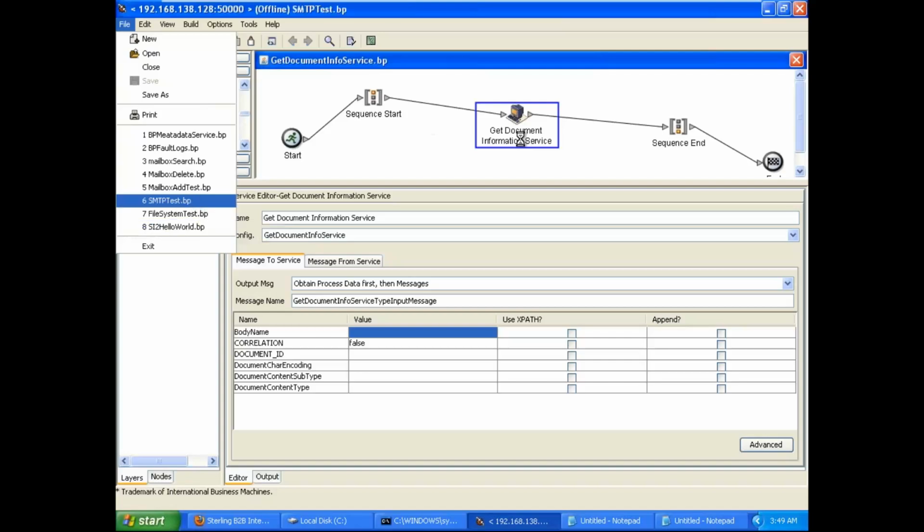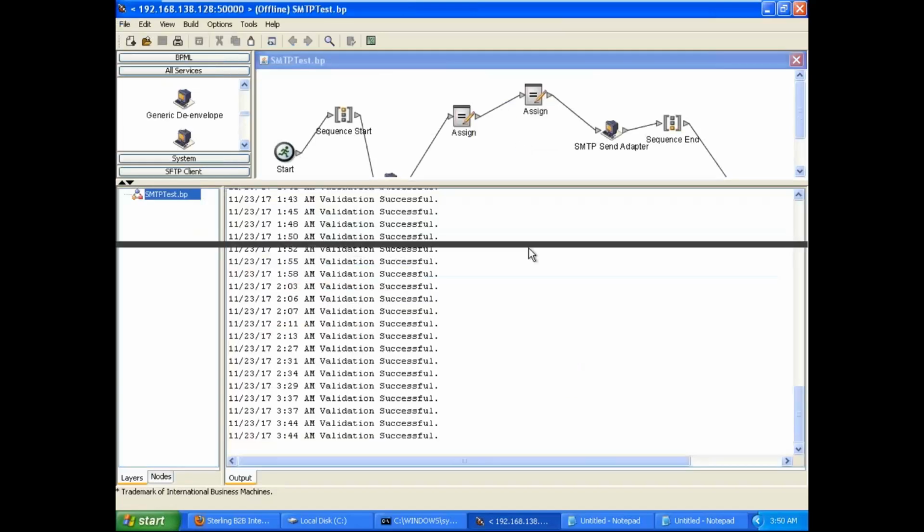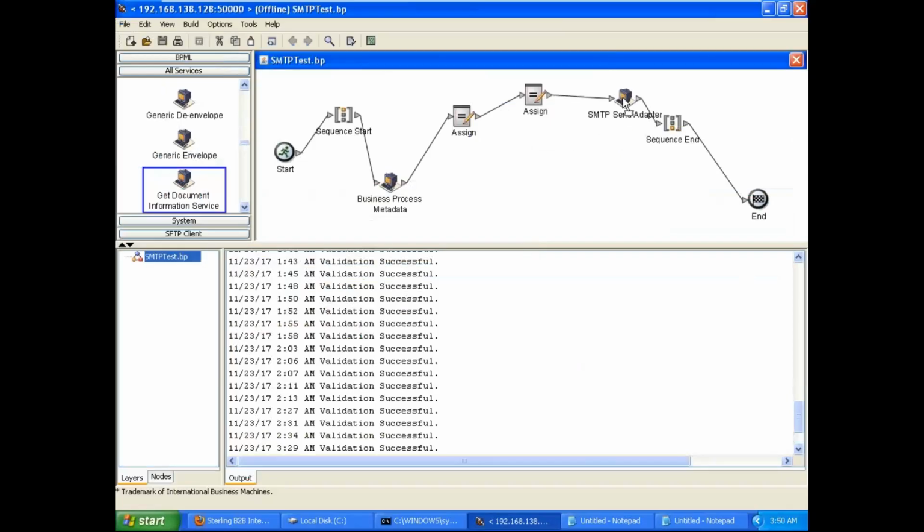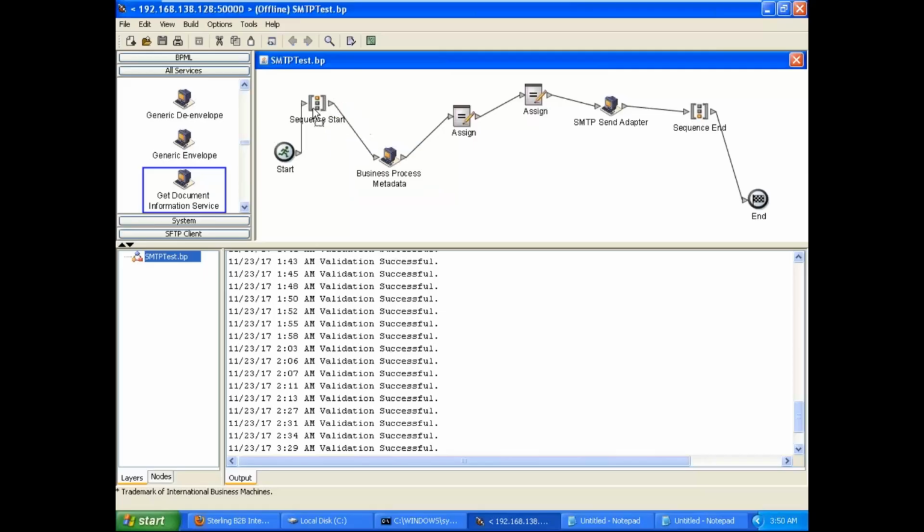Remember we had this SMTP test BP, right? So this BP was sending email for us, right? This BP was sending emails for us. Okay, so what I'm going to do is